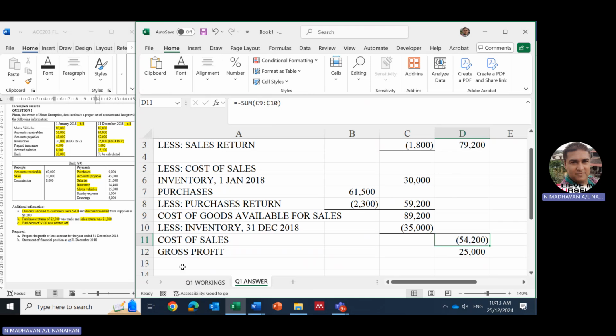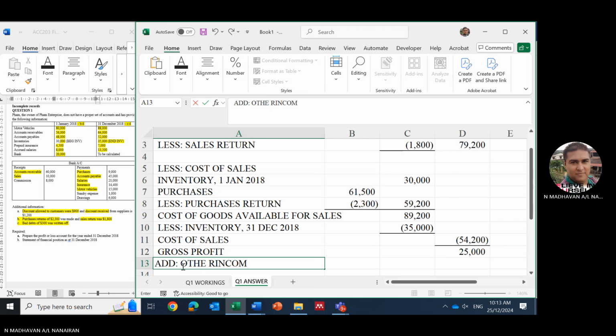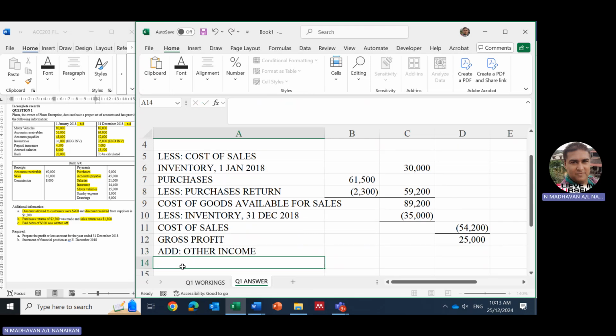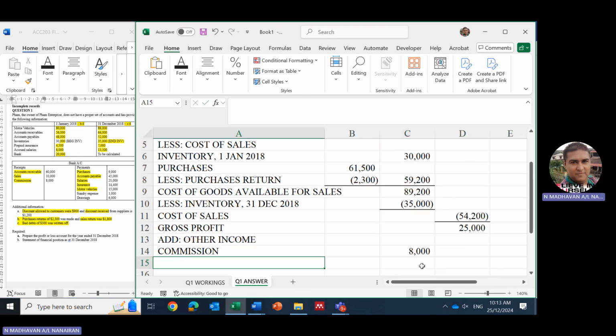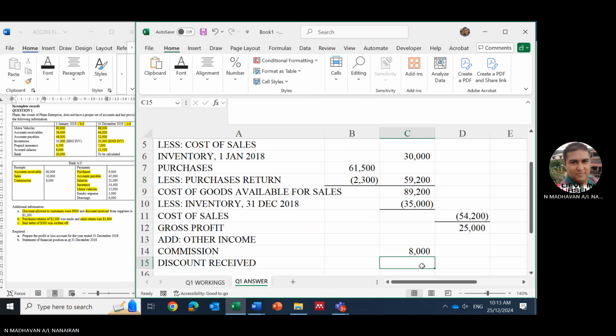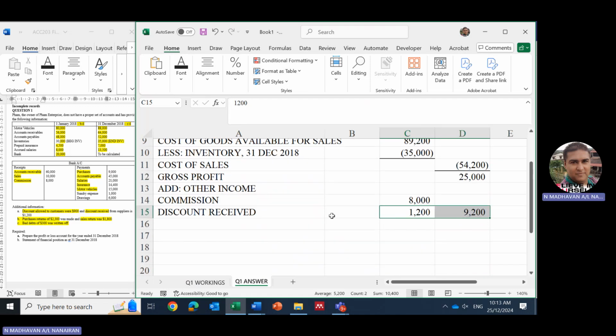Okay, now we'll add other income. Do we have other income? Yes. Other income. What do you have? First one is commission. It's here. How much is commission? 8,000. What else do you have? Discount received. How much? 1,200, correct? Okay. You get 9,200. So total is going to be